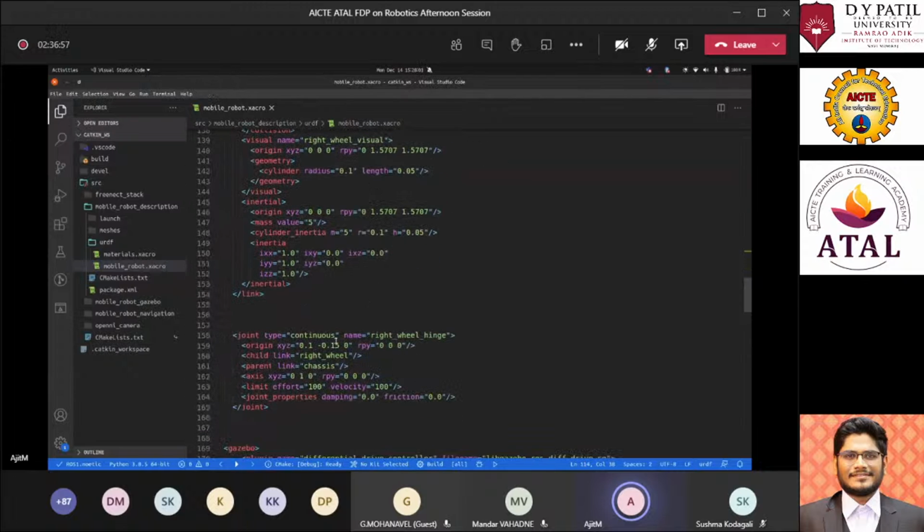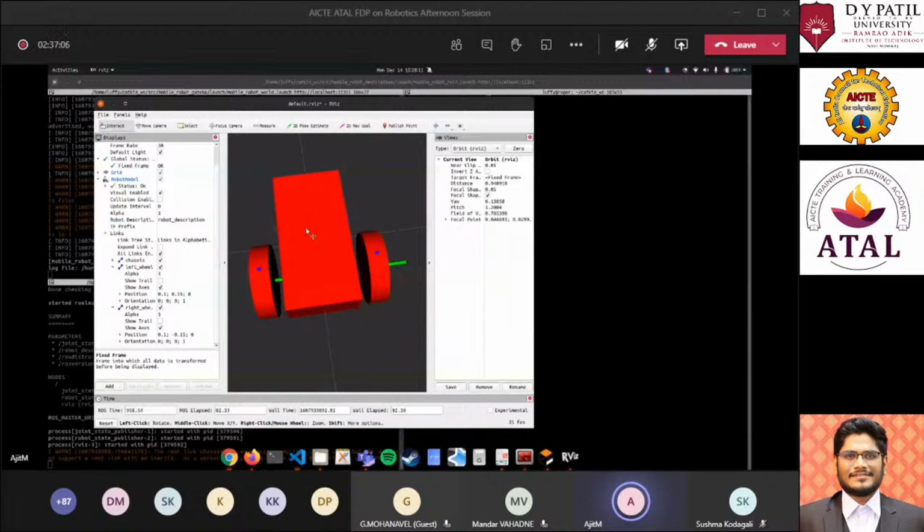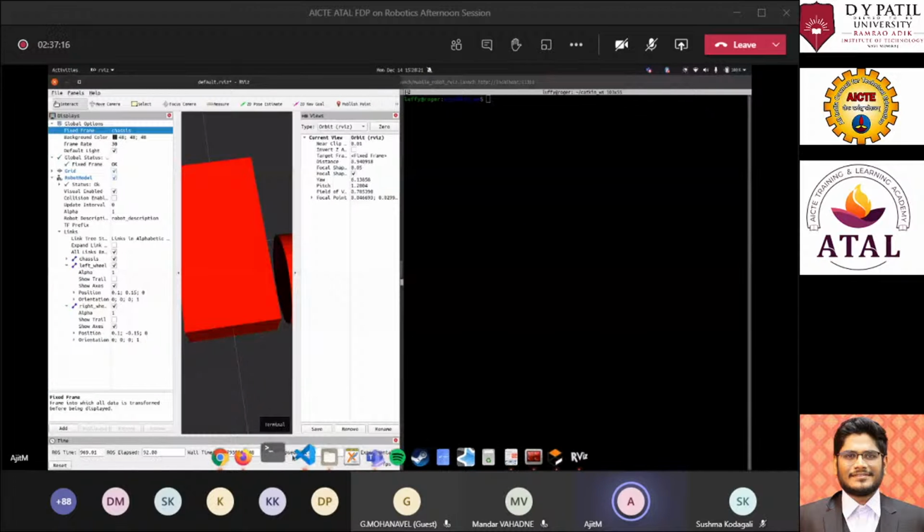The only thing that changes is that this joint moves in the negative y-axis. So why is that? So here is the center of our spawning location. So when we move in the positive x direction over here, then for the right, sorry, I'll just show you side by side.